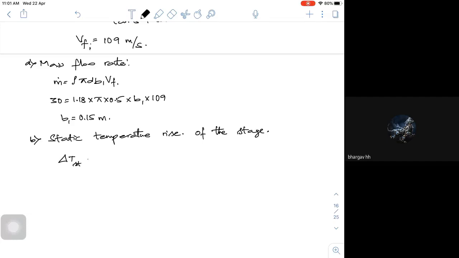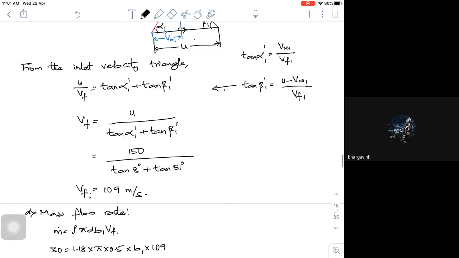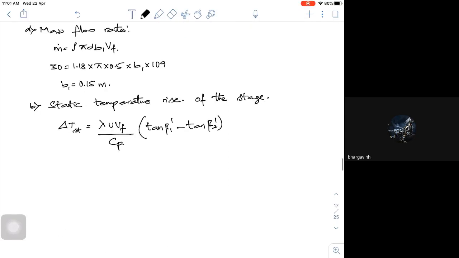So it is equal to, so you have your power factor U into Vf. You have to dig a little bit into the derivations we have already done. Work done, Cp, all those things. We have already T2 by T1, all the formulas you know. Just I will leave this tan beta 1 dash minus tan beta 2 dash. Just like the formula I told, tan alpha 1 dash and tan beta 1 dash. So I want you people to check this formula. You can easily derive it.